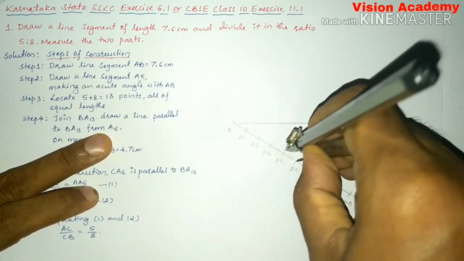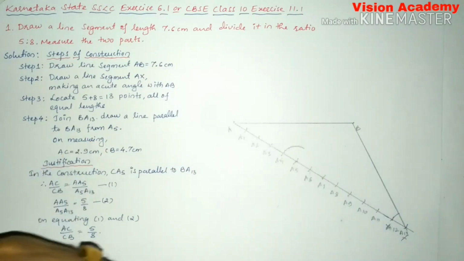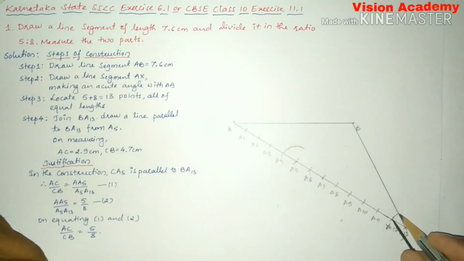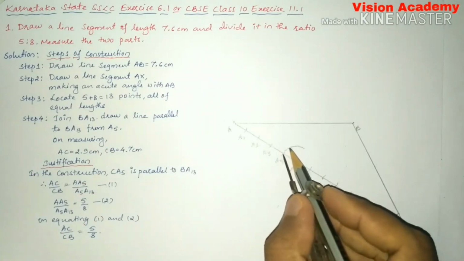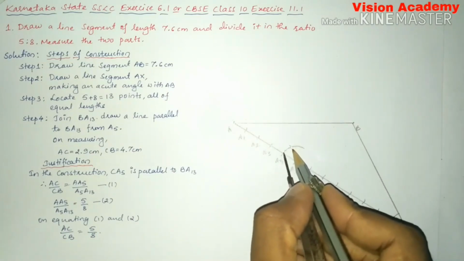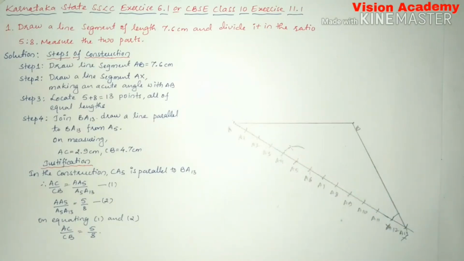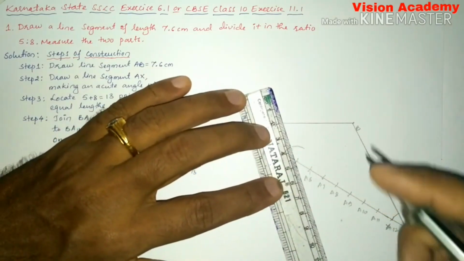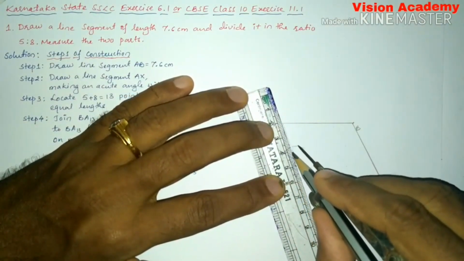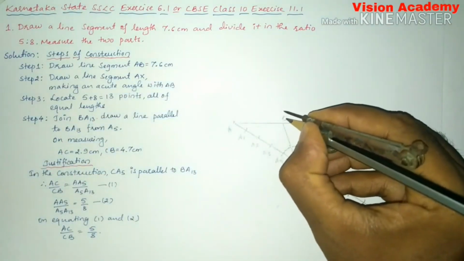We are going to draw a curve, and now we'll take the inner measurement of this curve, keep it on A4 and cut it. Here we got the intersected point through which we'll be able to draw a line through A5. So let us write this point as C.